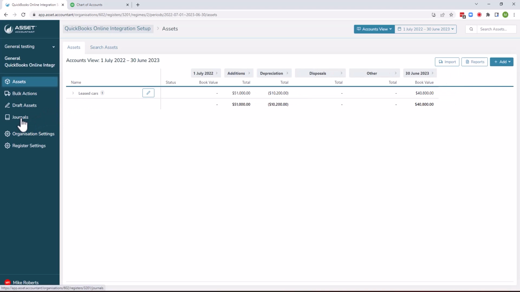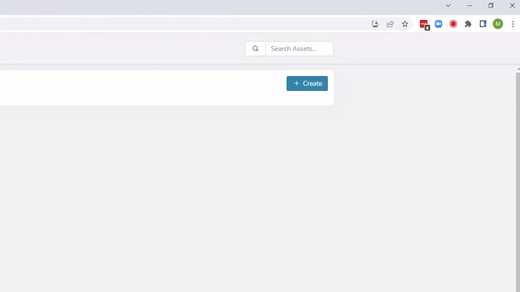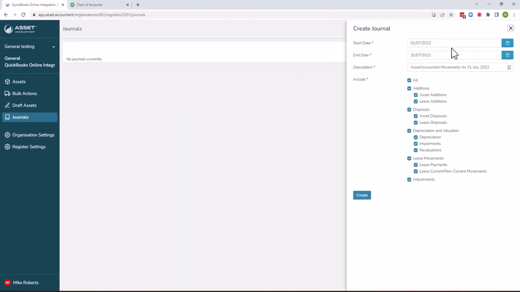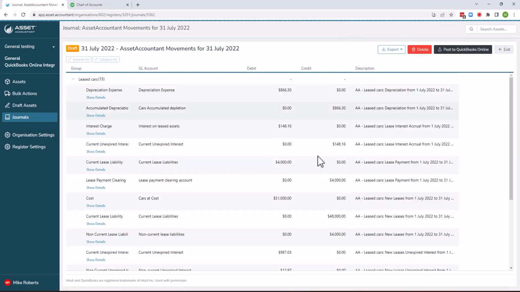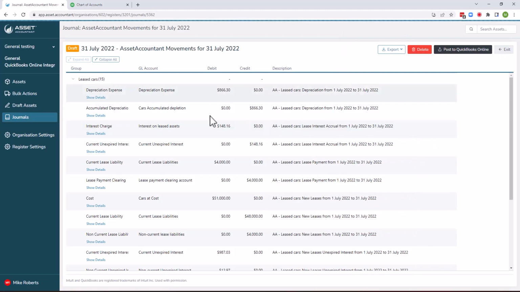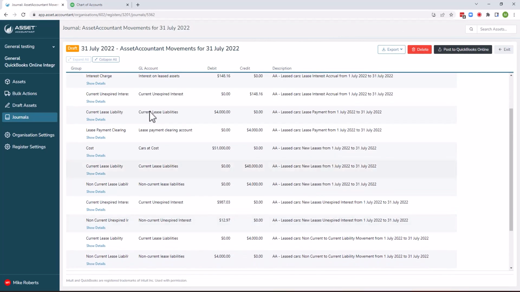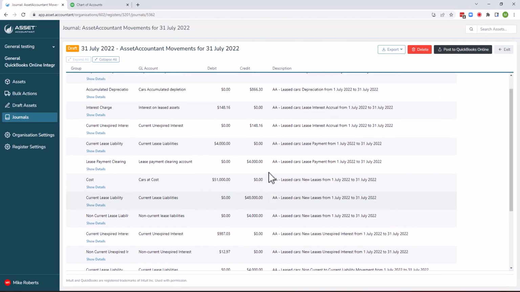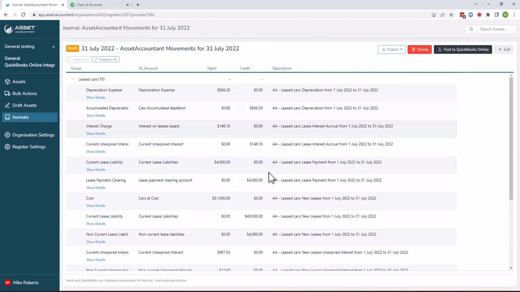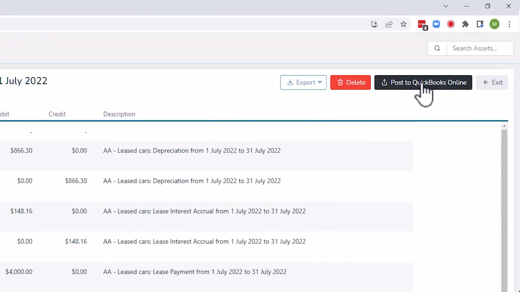Now I'm going to go into the journals. No journal's been created, so I'm going to create my first journal for the month of July. That's when my assets have started. That'll create the asset journal that I need to post. You can see everything's set up in this journal. You can see the lease liabilities are set up, so I can review that journal and then just simply post